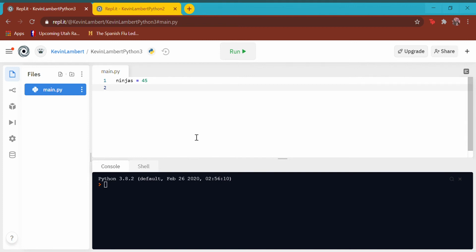So think about that, and then we are going to have the program tell us whether it is a good idea to fight that number of ninjas or not, this number right here. The computer is going to tell us if it's a good idea to fight them or if we should run away, and it's going to try to let us know what the cost of fighting 45 ninjas is going to be. So we're going to use conditional branches, which is a word for if, else if,